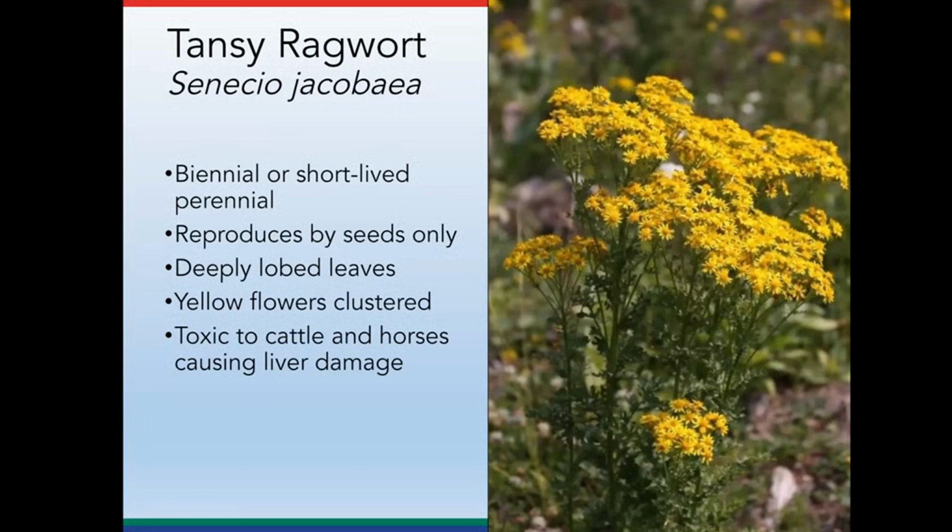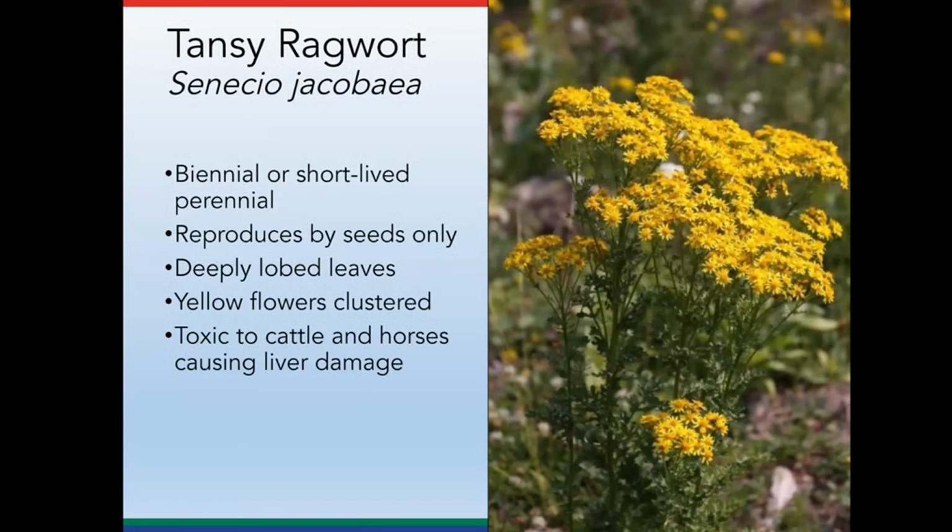It's a senecio that we deal with in forage situations as a noxious weed in several western states. So tansy ragwort is a biennial or short-lived perennial. It reproduces by seed only, so it doesn't have those nasty root systems that we deal with on a lot of other plants. Its leaves are deeply lobed and bright green in color, and like a lot of senecios,